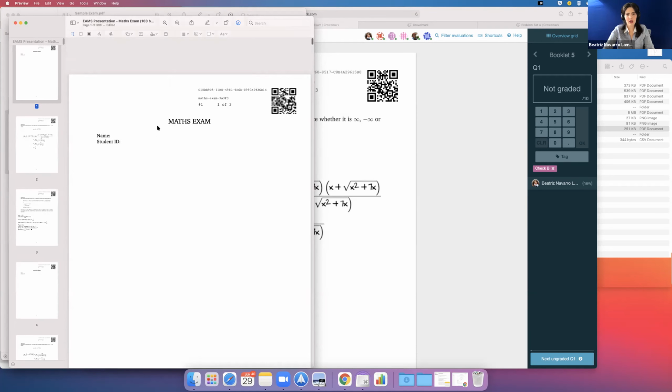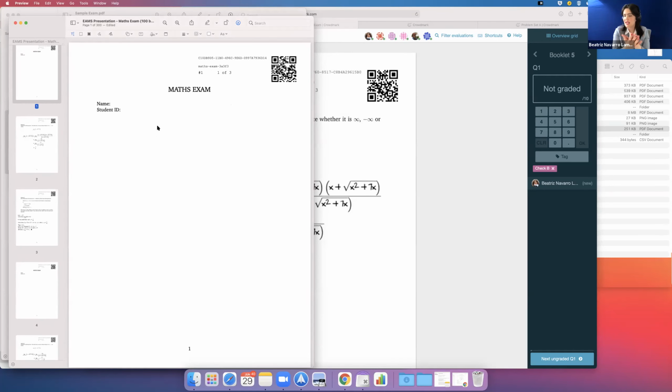What you do is you create it and then you take it to your print center and you tell them to staple it every so many pages. So in my case, it will be staple it every 3 pages or staple it every 16 pages. And then when you are done, there are 2 options.